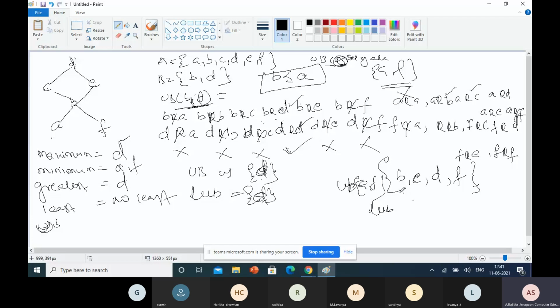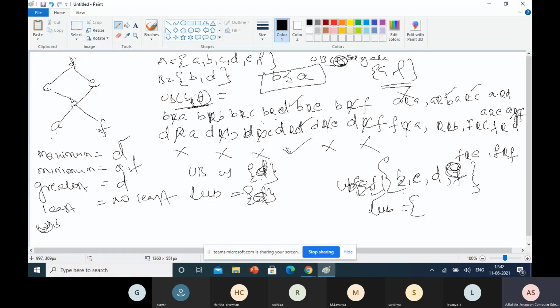Okay, in this, what is the least element? Which is closer to this A and F? So which is closer to A and F? That is, out of these B, C, D, E, 4 elements. Sorry, not F, only E. F is not there. Here A relates only to E. Okay, from these 4, which is closer to this A and F, that is only the LUB.